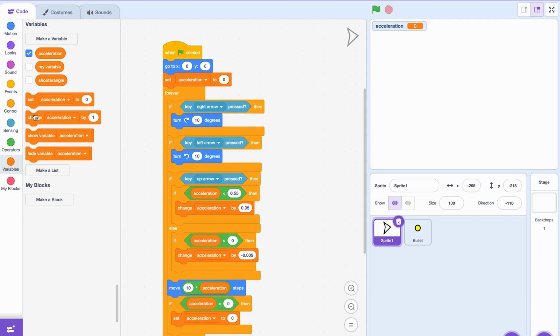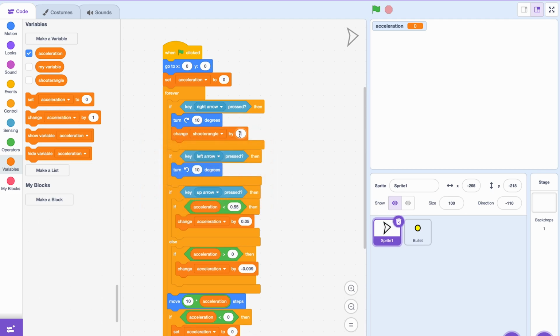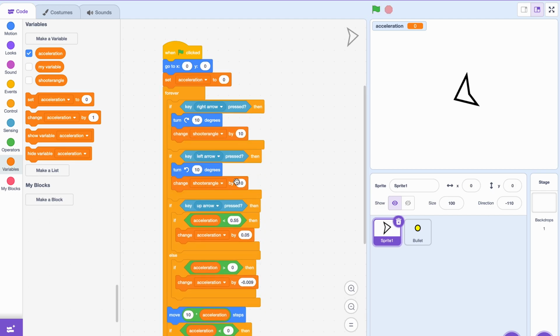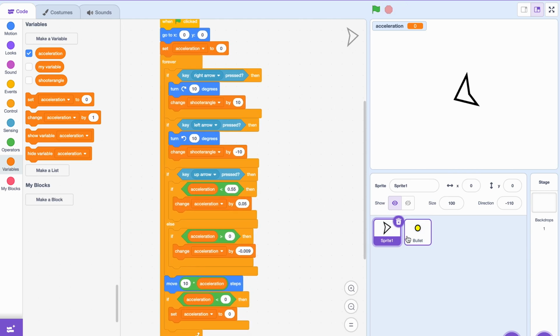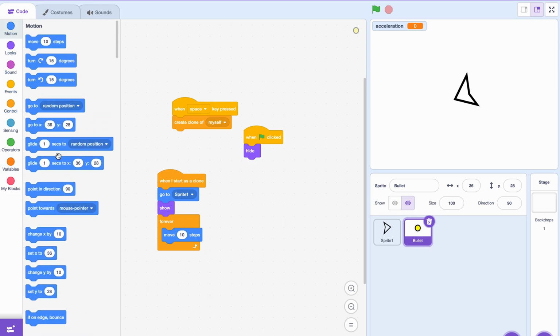So when our right arrow key is pressed, we can just say change shooter angle by 10, and when the left key is pressed, change shooter angle by -10. Okay, there we go. And so when we create bullets, we can just say turn right shooter angle,